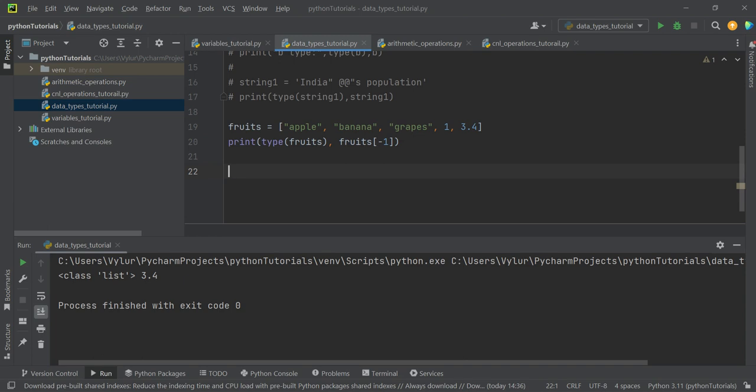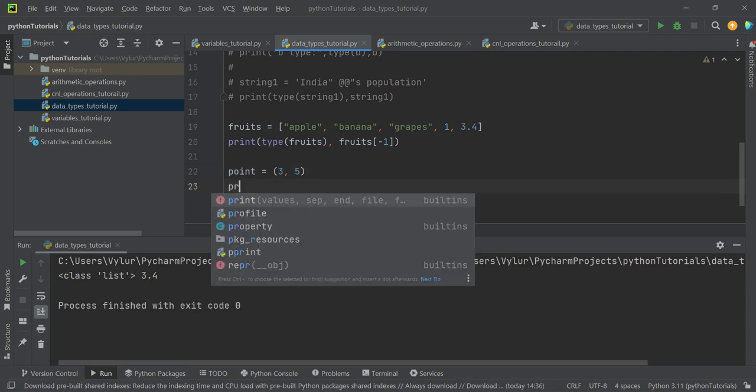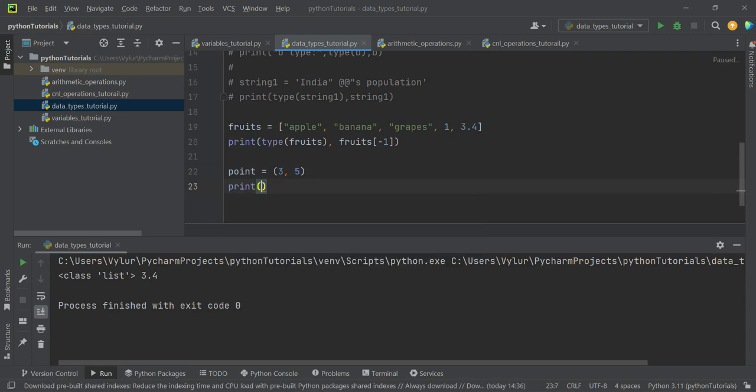Now the next thing is the tuple. A tuple is immutable, and is basically used to group related data. Let's take one variable known as point. You have to declare it in parentheses, the normal round braces. You can give different values like 3 comma 5. Now just print this: print type of point, and after that,